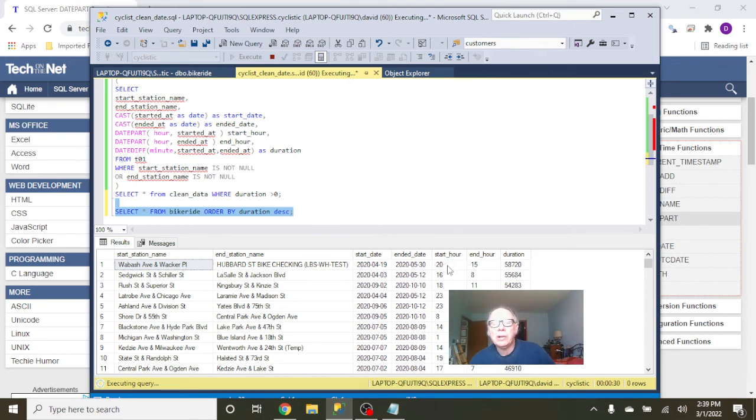Oh, look what happened here. The start hour is supposed to start on 4:19 and ended on 5:30. Now, is that possible? Maybe they rented a bike for a month. It's hard to say. What is hover bike? What is these here? Okay,